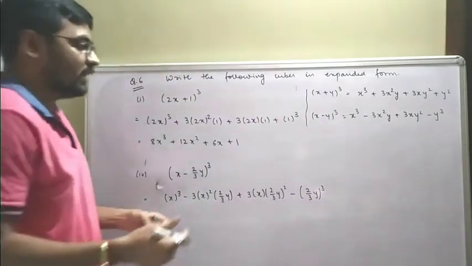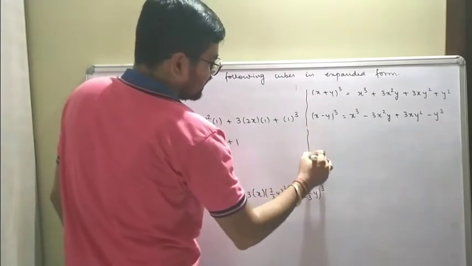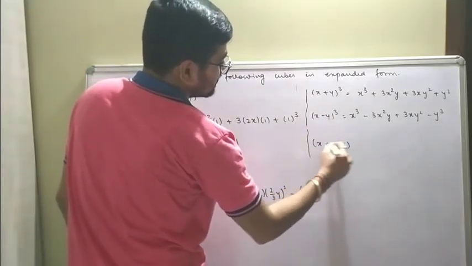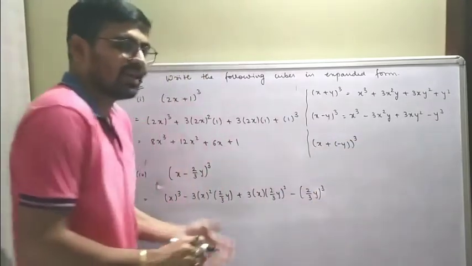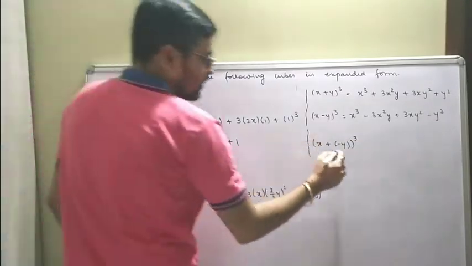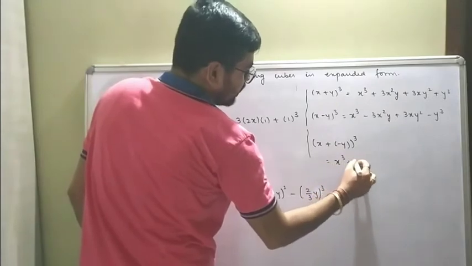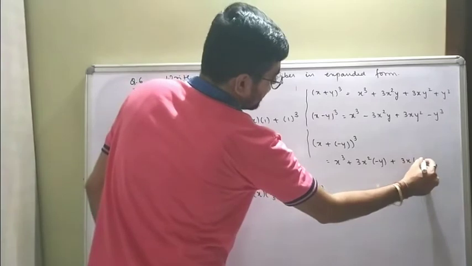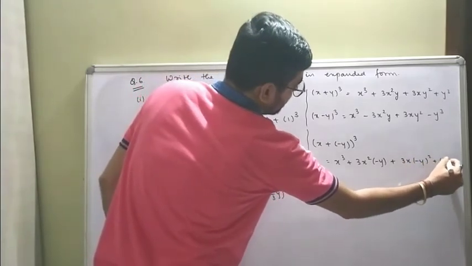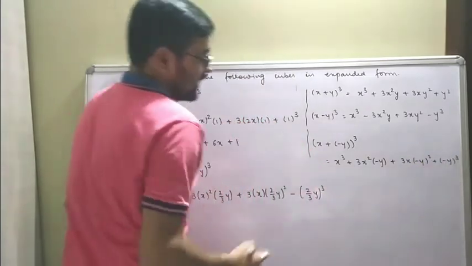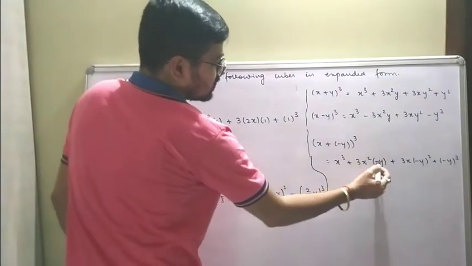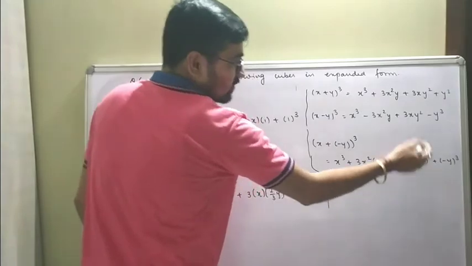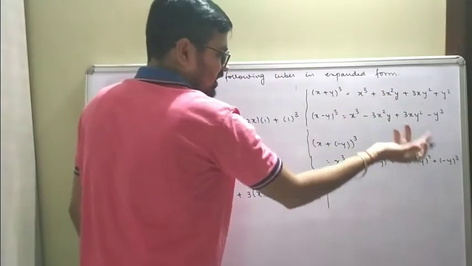Simple. Now some of you may be taught something like this. Okay, instead of x minus y, can we understand this as x plus minus y whole cube? Arre bhai, it's the same, right? For this what you will write? X cube plus 3x square into minus y plus 3x into minus y square plus minus y cube. Now what will happen? So this minus will come over here. That's already a negative sign. This minus y whole square becomes positive, so it is still positive.